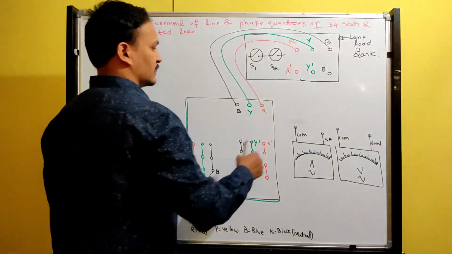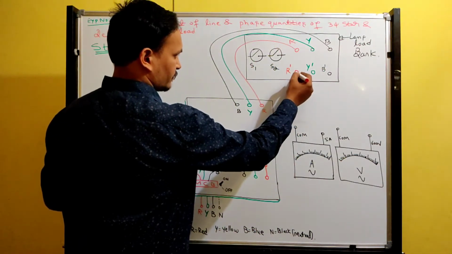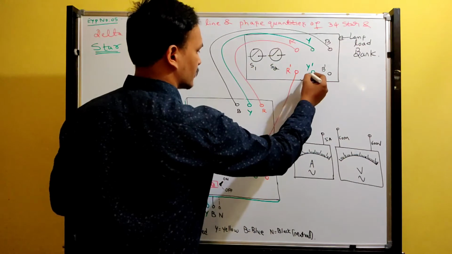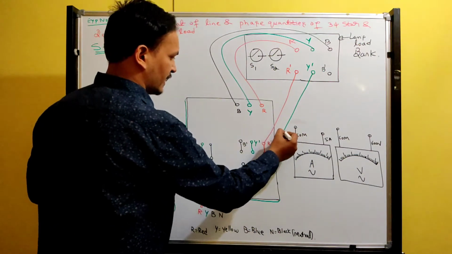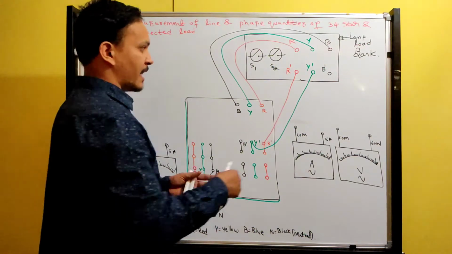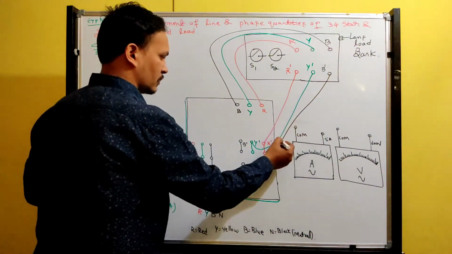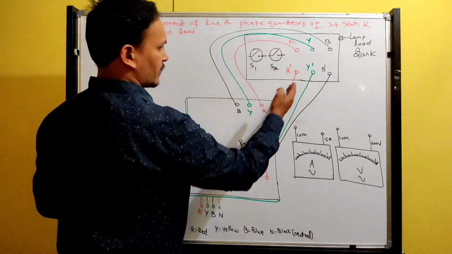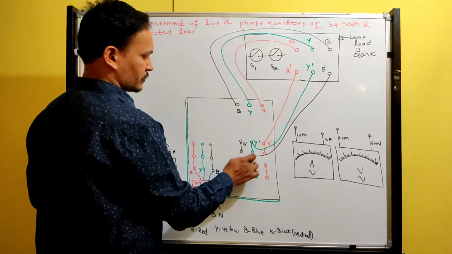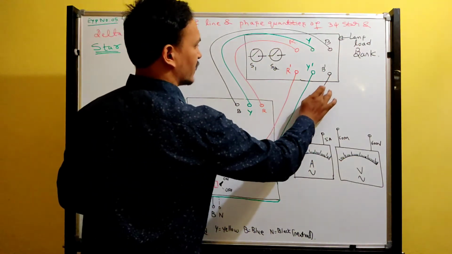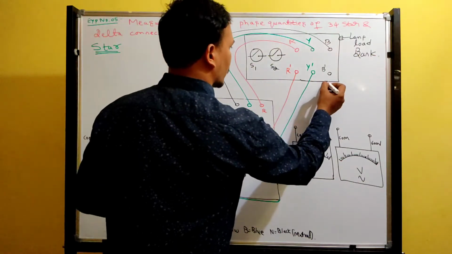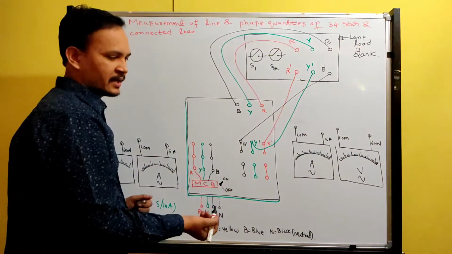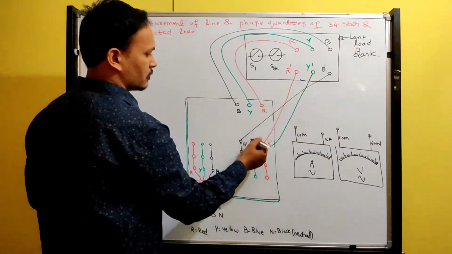Then next, the bottom R dash. R dash is connected to R dash, and Y dash is connected to Y dash, and B dash is connected to B dash. So you can take it this way also. Need not worry, since wires you can connect as you like. Now connect B phase. B dash I connected to B dash. Similarly, you can connect Y dash to Y dash.